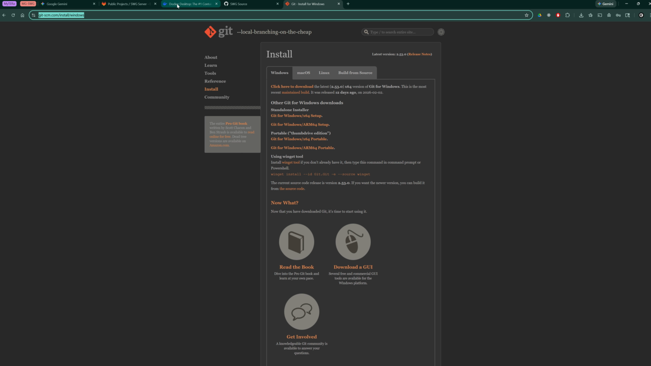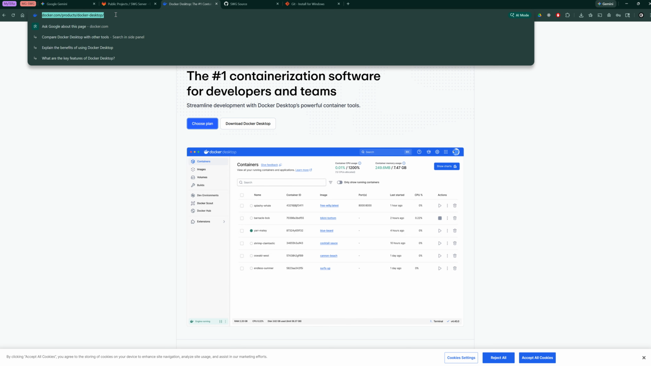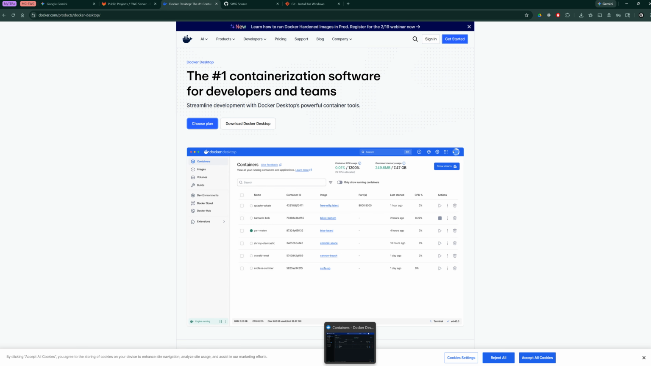The next thing you'll need is to install Docker Desktop. You can Google search Docker Desktop or go to this URL right here, docker.com/products/docker-desktop. And then you want to install Docker Desktop for Windows, which is going to be AMD 64. I wouldn't put it on ARM. That's not the right one. AMD 64. So once you install that, you'll more than likely need to restart your computer, and then you'll get